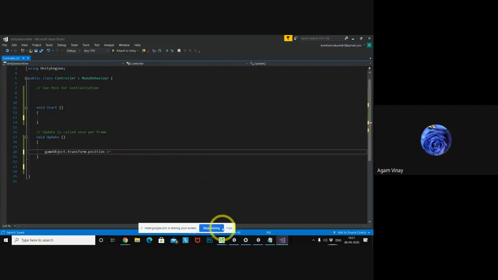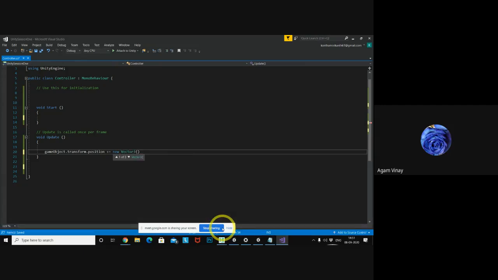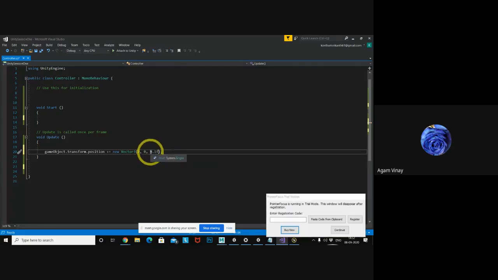Okay, right? So now I want to add a new Vector3. Only in the z direction I want to add. So in x direction I will add 0, and in y direction 0, and in z direction a 0.1 value. Here 0.1 is a float value, so you need to put f, because by default Unity treats it as double.